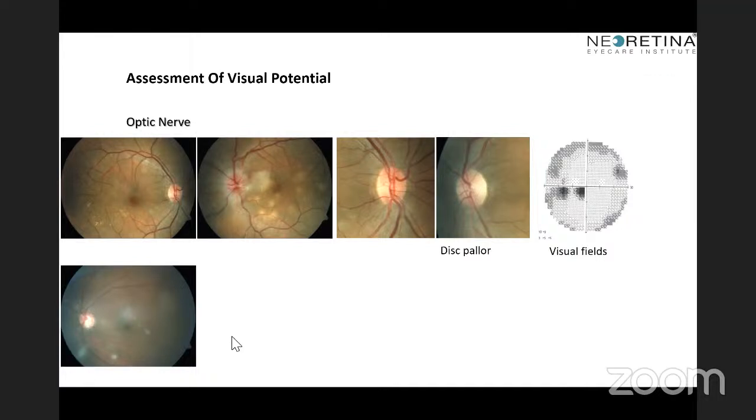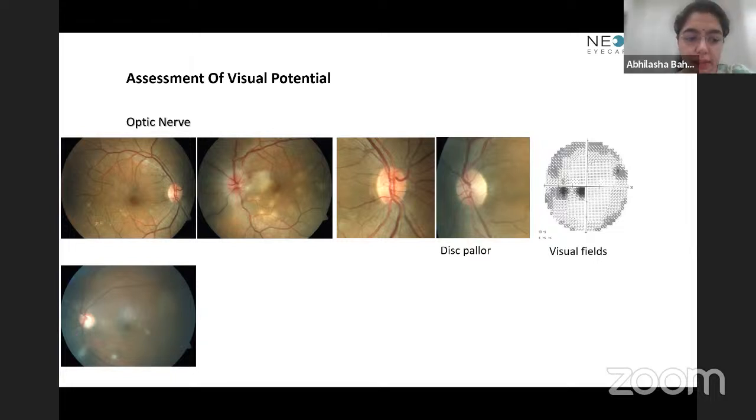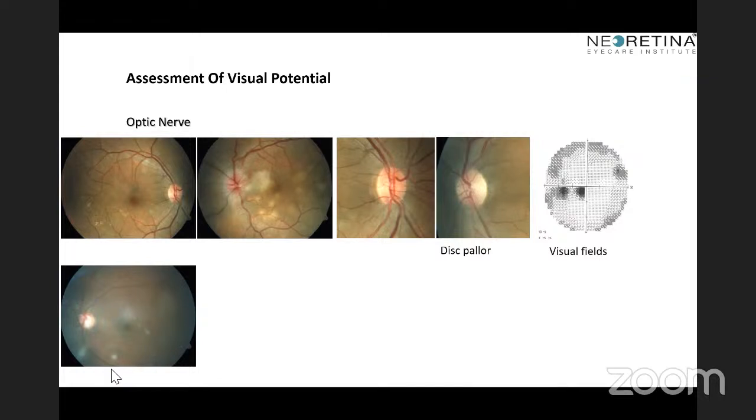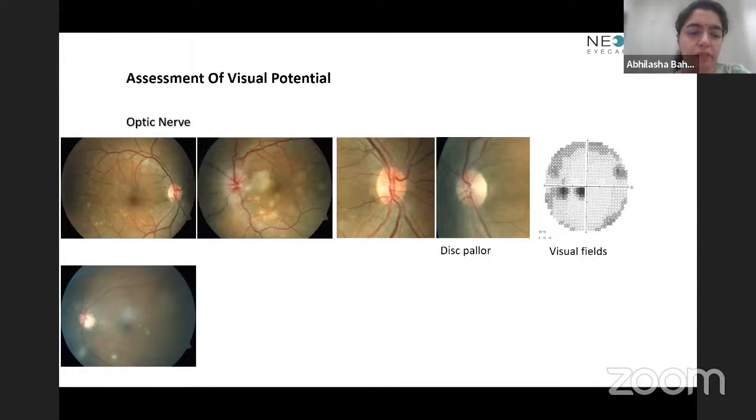This is another case of sarcoid uveitis, where you can see the snowballs here. Now, while we are busy assessing the snowballs, we might miss the optic nerve head. As uveitis specialists, we are very busy looking at the inflammation, looking at the vitritis, and we might miss the optic disc. And when you see carefully,